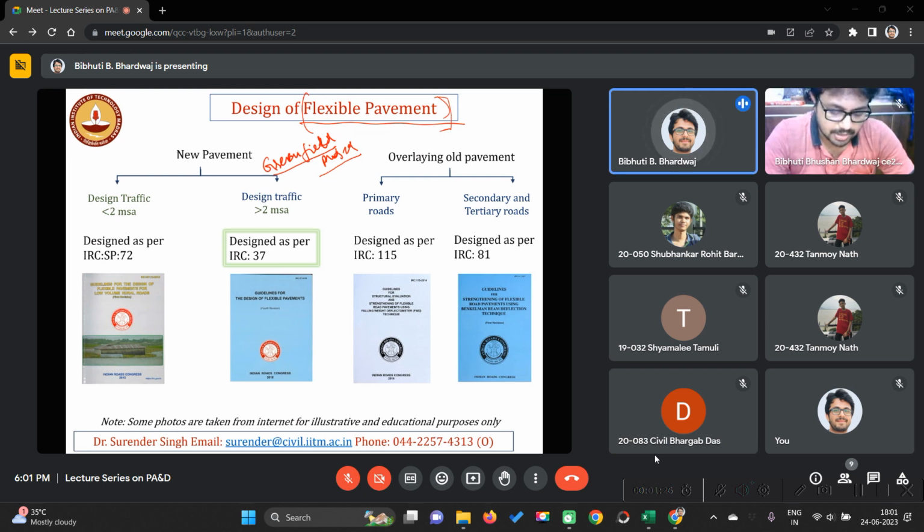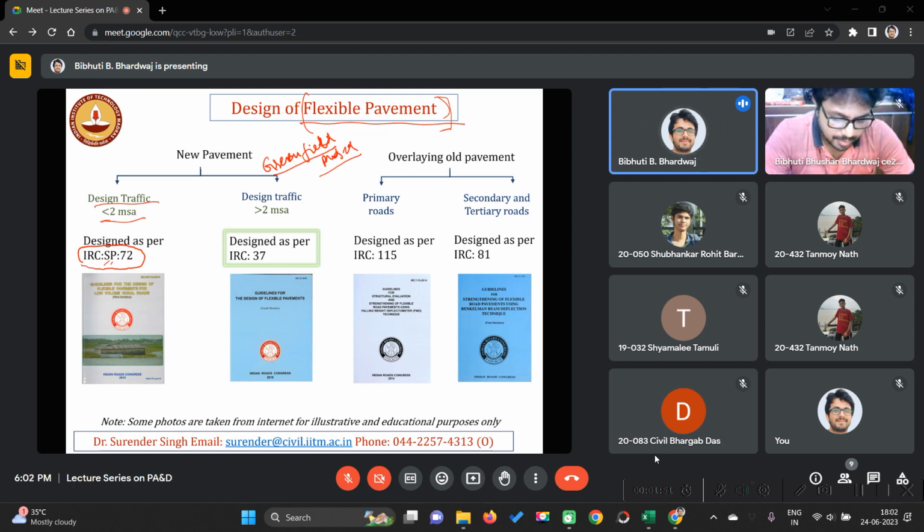In those projects, if the design traffic is less than 2 MSA, then you have to design it as per IRC SP 72. SP means special publication, you already know. That means the traffic is less, so generally for rural roads, this code is used to